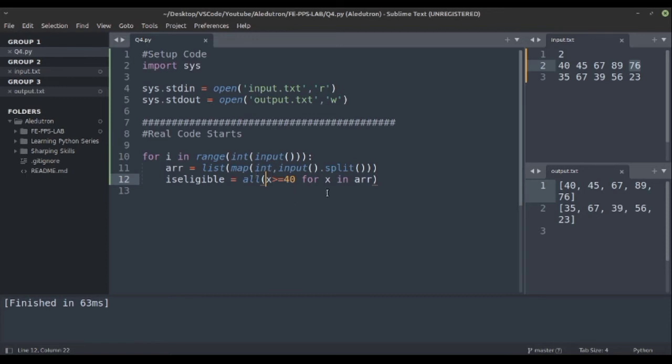it is our base condition that if the student has marks greater than or equal to 40 in all subjects, then only he is eligible for the further process, which is the grade, else he is fail. So x should be greater than or equal to 40. So this list comprehension would return a list of values, true false true false. So if each value in that list is true, then all would return true, else it will return false. So let's print is_eligible